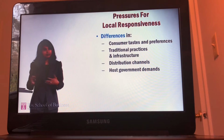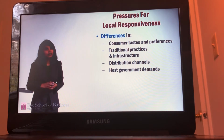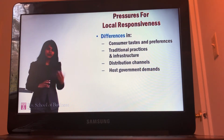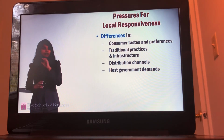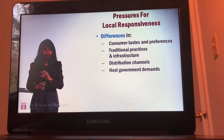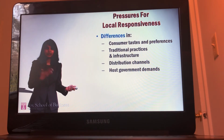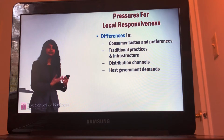Similarly, there could be differences in terms of distribution, how you are distributing your product in one country versus another, and also there could be differences put forth by host country regulations. For example, here in the US, any food item that is being sold has to be evaluated or tested by the FDA, and you have to provide the nutritional information on the packaging of that product. That's mandatory, which might not be mandatory in other countries, for example, China. So firms will have to customize their packaging or product quality on the basis of the host country